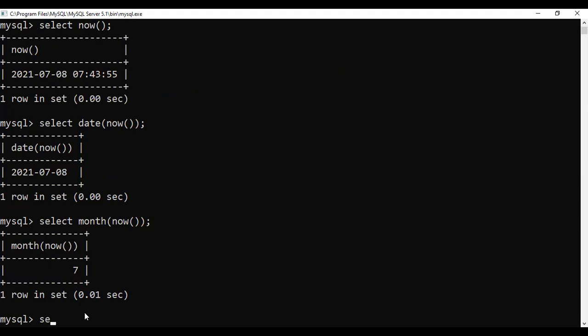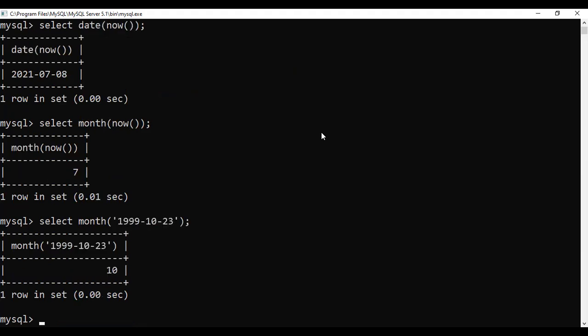When I say select month and specify any date over here, for example 1999-10-23, it will return the output as 10. You can see year, month, day, so it will return the month number given in the specified date.